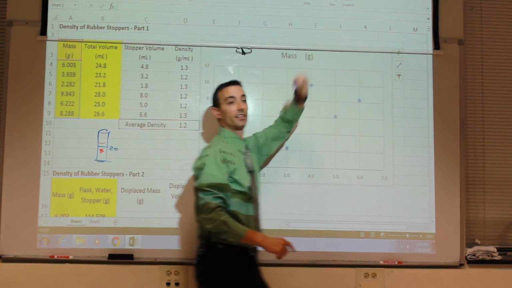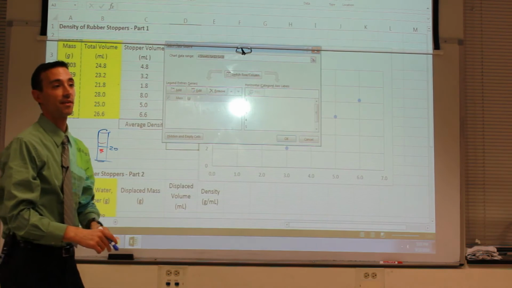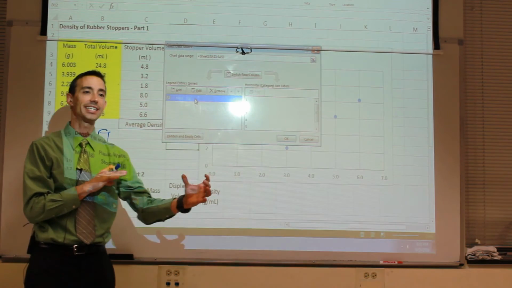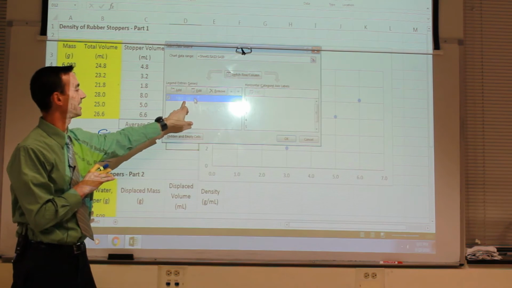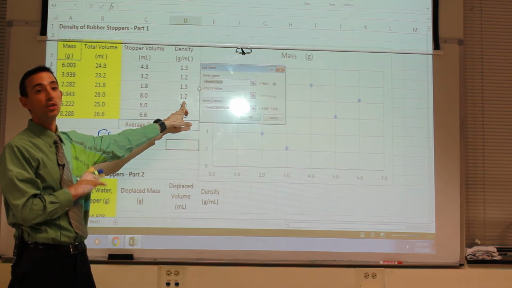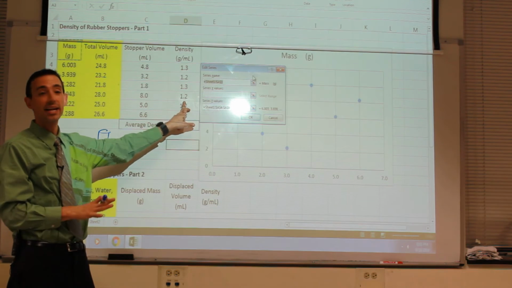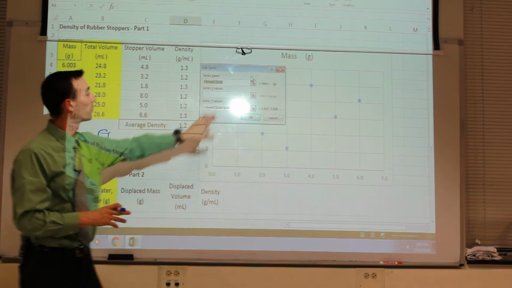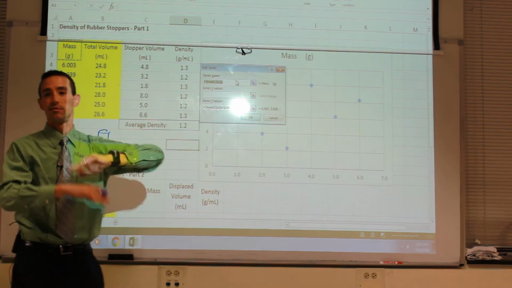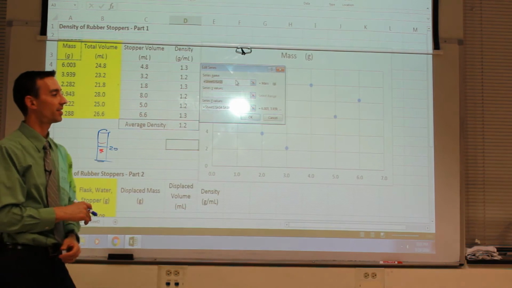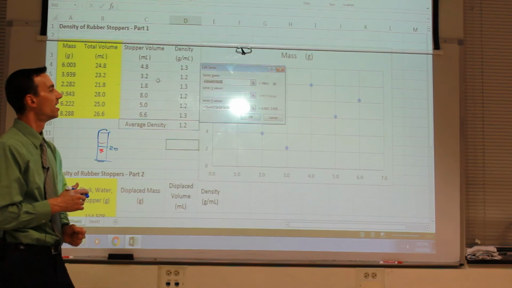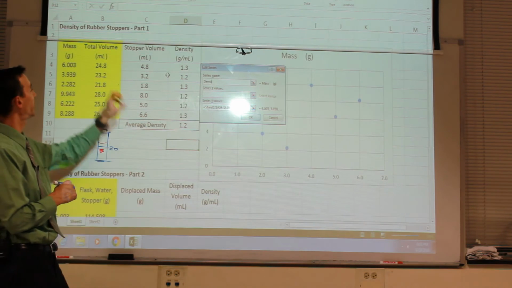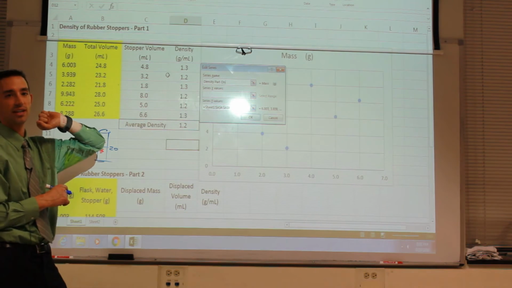Select the data that you want to use for your graph. Now you already have half of a data set in there. So what you want to do is edit the data set that you already have. You could actually start with a totally blank graph. Okay? We renamed the series Displaced Volume Method or Density Part 1, something. We renamed it. Otherwise it's always just going to be a generic